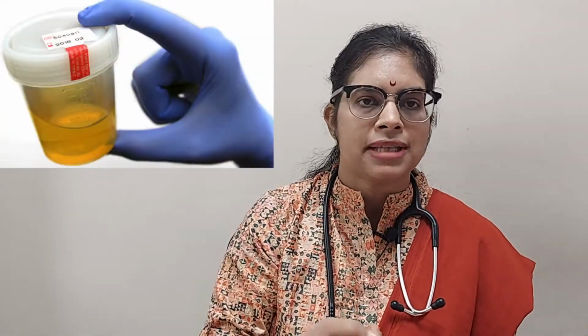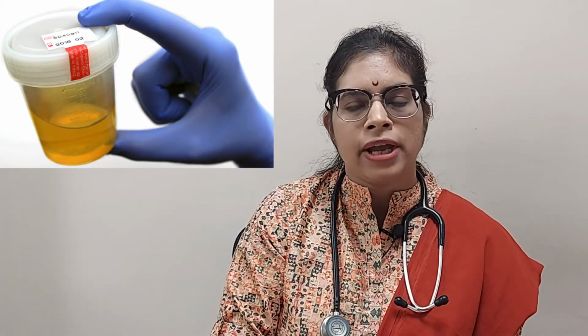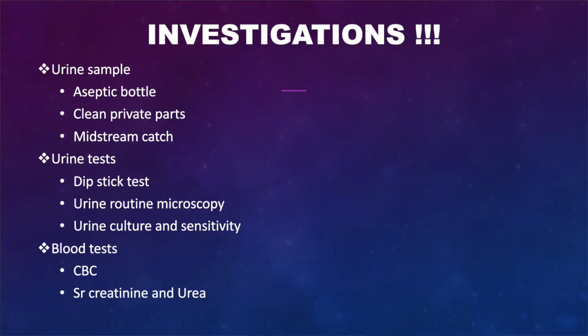First thing is your urine sample or urine tests. For the urine test, you will require a urine sample. The doctor will provide you a sterile container. You'll go to the washroom. First and foremost, you have to clean your private part. Second, you have to flush out a certain amount of urine from the initial flow, and you have to collect the midstream of your urine. After collecting the sample, you will give it to the lab. The lab people will perform certain tests on it. The first one is the urine dipstick test. They will check nitrite and leukocyte esterase. If they are positive, it's indicative that you have a urine infection.